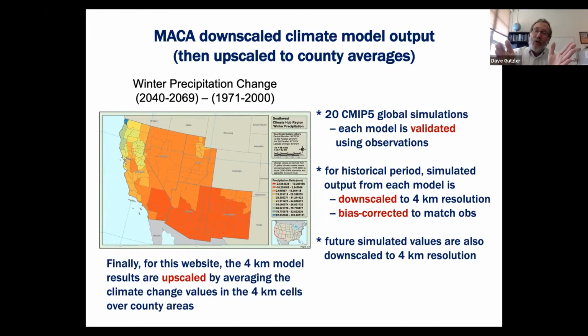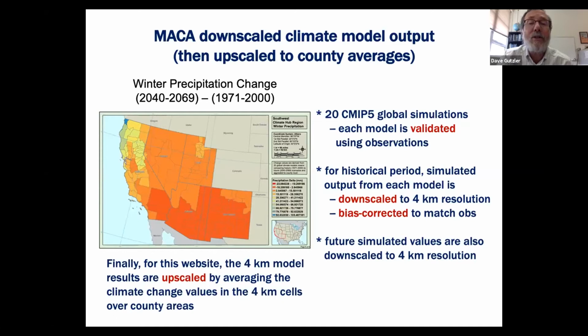Then for the historical period simulated by those models, they've downscaled the climate model output to 4-kilometer resolution and bias corrected it. And then what we're looking at here are future simulations of what's likely to happen based on a particular guess as to what greenhouse gas concentrations might be.